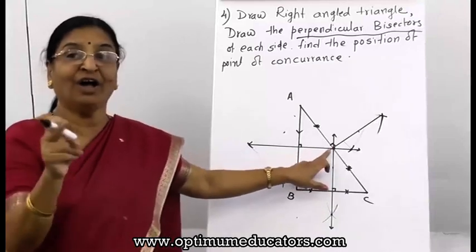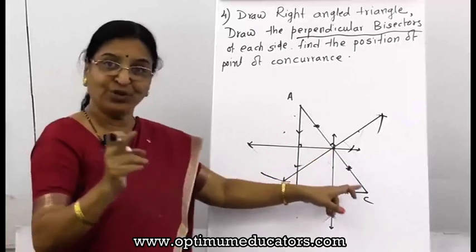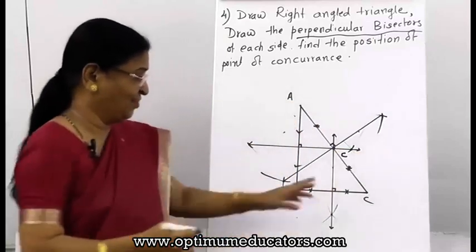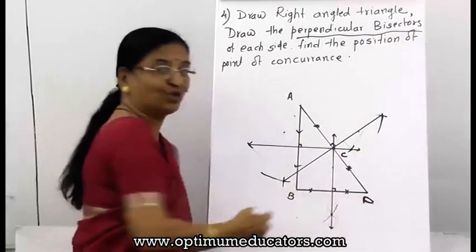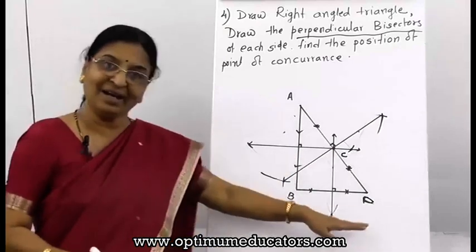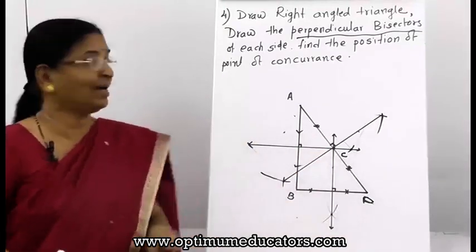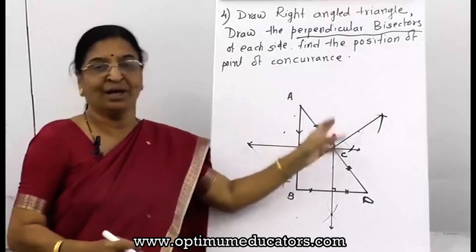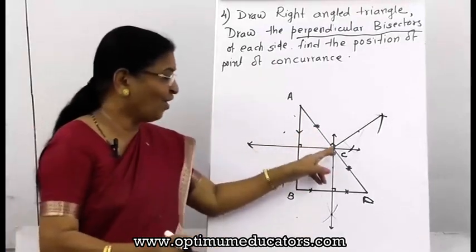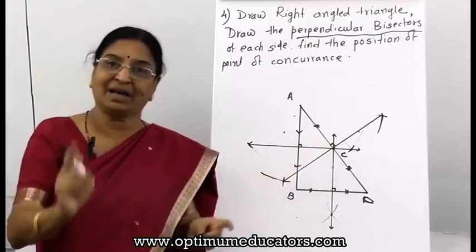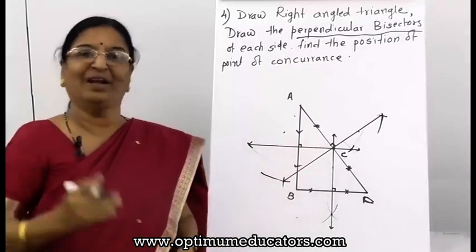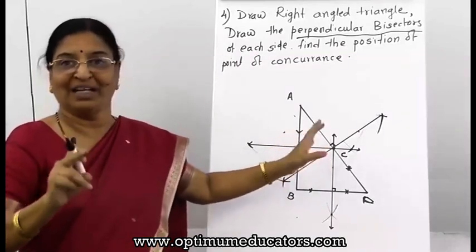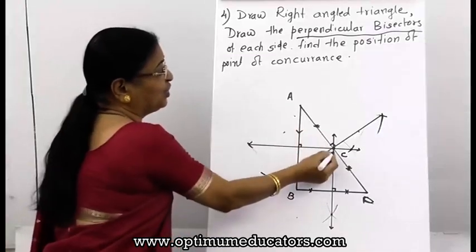This is a point on the triangle itself, and of course you know AC is a hypotenuse, so I will mark it as C. Better I will take it as D, so that C will not be repeated. So in triangle ABD, C is the point of concurrence for a right angle triangle. And note this point, that the point of concurrence for a right angle triangle is always the midpoint on the side itself. This is a property, and you will learn why this is on the side of the triangle only in the next standard also. But this you should note.